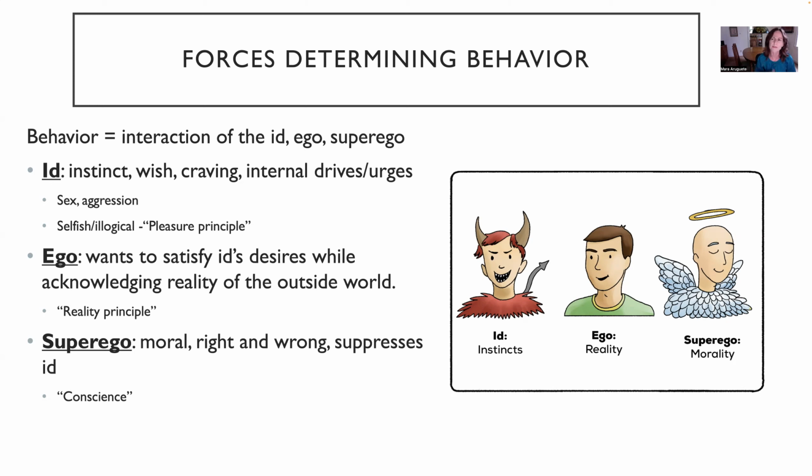And so a lot of times under Freudian theory, sex and aggression will be brought up, and we'll talk about that again throughout these assignments. So the id is instinctive. It is wish motivated. It exhibits craving. It's got these kind of internal drives and urges that push you to do something. For example, maybe to use a drug. And again, it's unconscious, and it just pushes for pleasure, pleasure, pleasure.